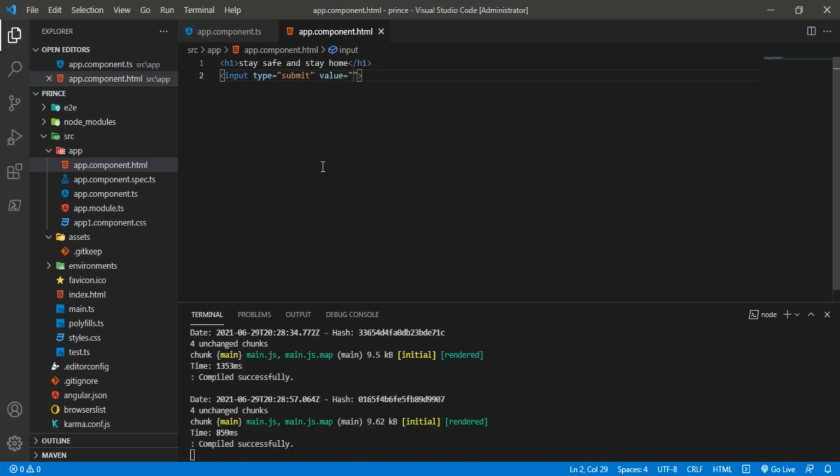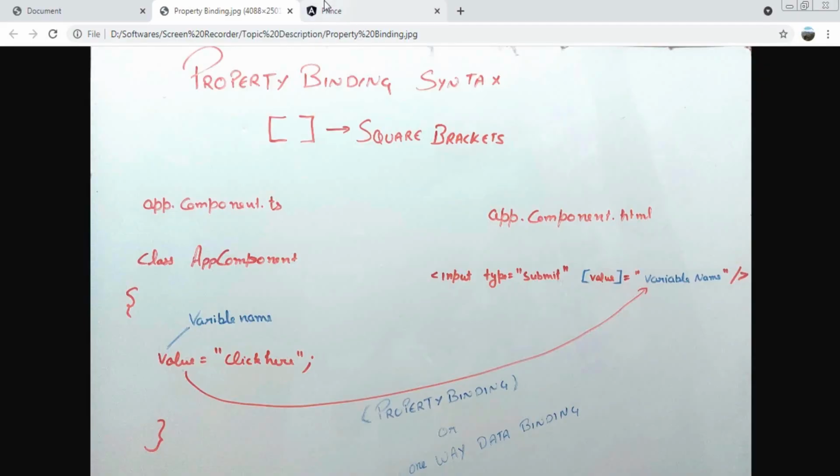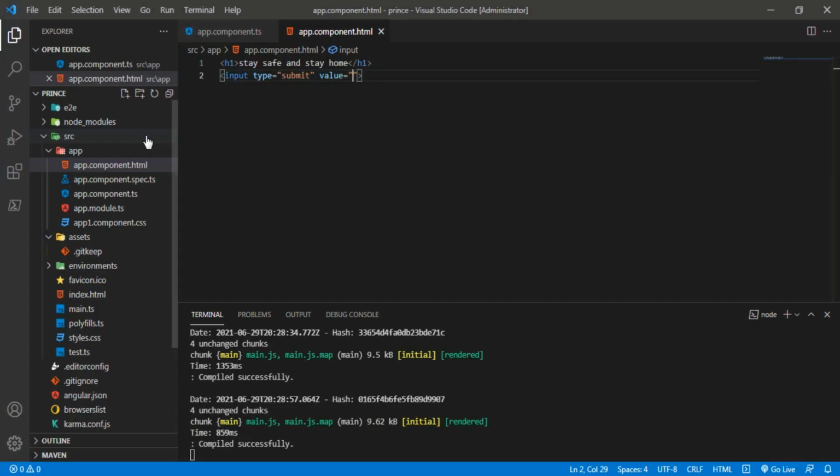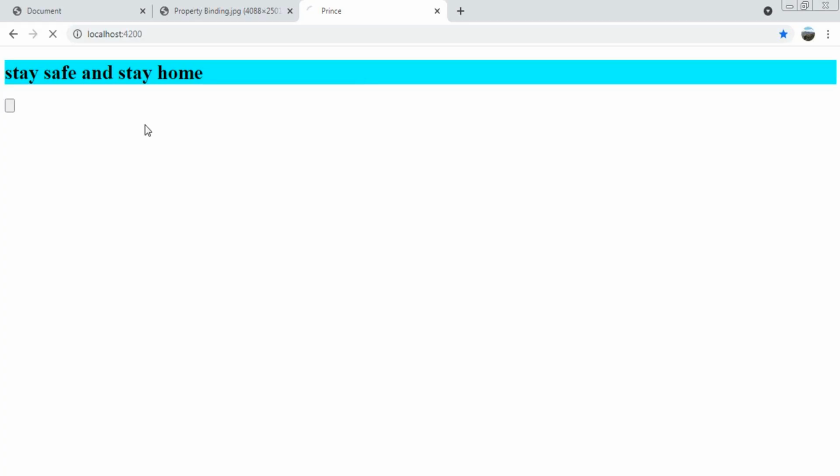Let's see the output for this first. You can see here there is a button available but value is not present for it. Let's see if I give some value manually here, like click, and here you can see it's working.